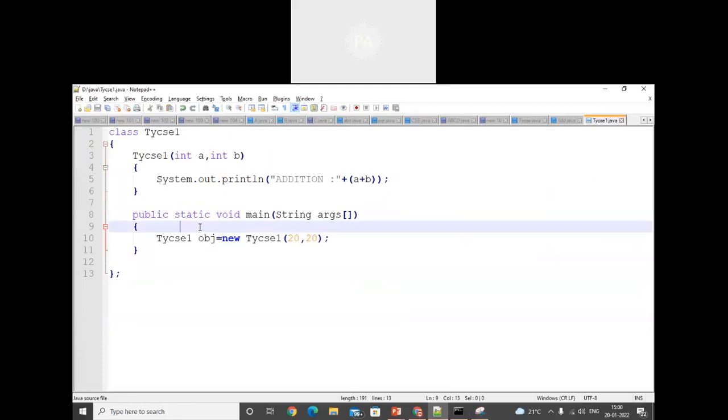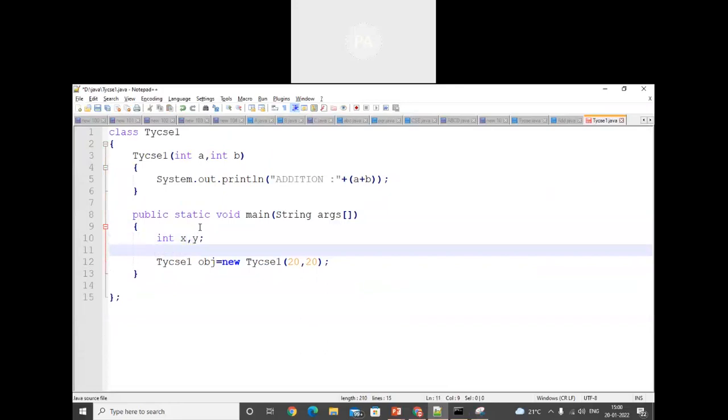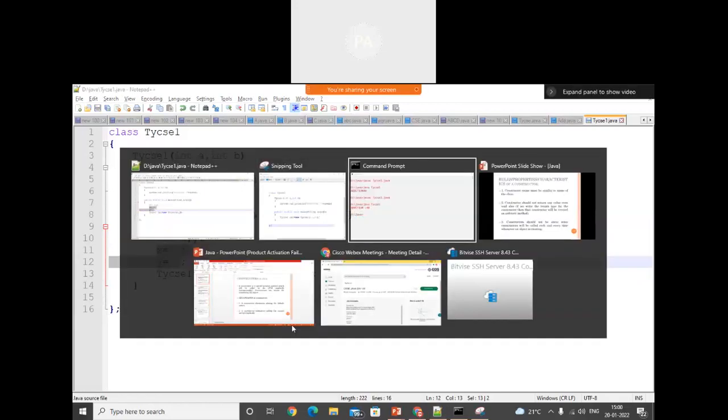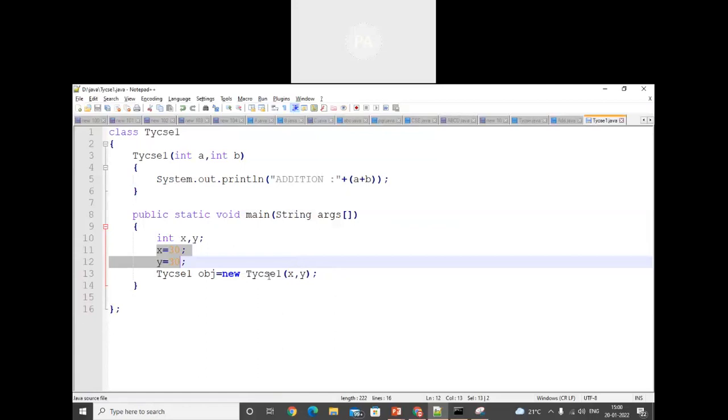See how we will call by using a local variable like that: x comma y, x is equal to 30. Here instead of 20 and 20, here pass x, y, ऐसा भी चलता है। Are the local variables, इसका स्कोप कहाँ तक है, ये कर्ली ब्रेस ओपन, ये कर्ली ब्रेस क्लोज, यहाँ तक ये scope। जैसे ही इसकी वैल्यू पास हो जाएगी, ये फंक्शन कॉल हो जाएगा, तो यहाँ x और y की वैल्यू रिप्लेस हो जाएगी, यहाँ a is equal to x, यहाँ b is equal to y, that means x और y की वैल्यूज यहाँ a और b को रिप्लेस हो जाएंगी।